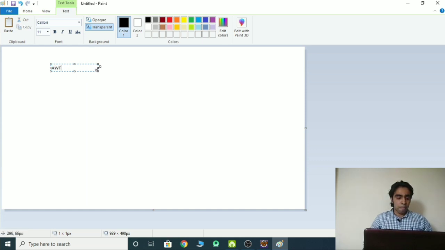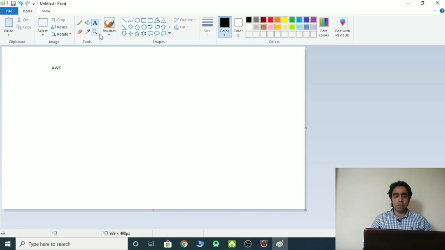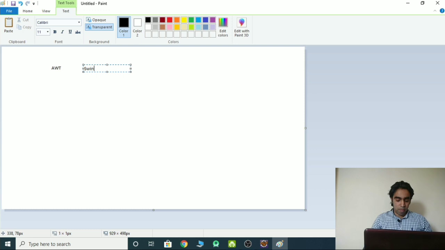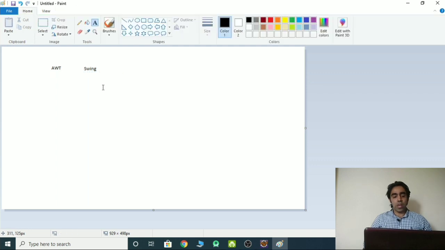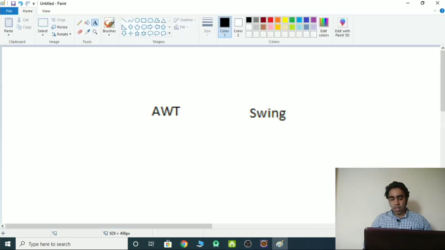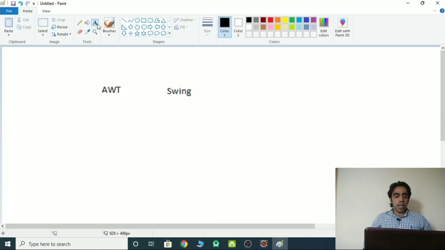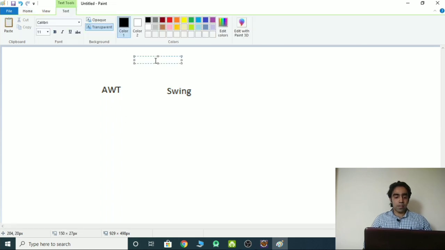AWT. There is a package in Java which we know by the name AWT. So one is AWT. We have one more package in Java which is known as Swing. So two packages in Java, one is AWT, one is Swing. To get this closer, I am trying to zoom in a little bit. We also have one more package which is java.